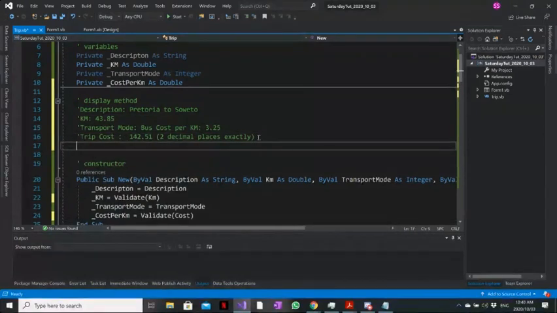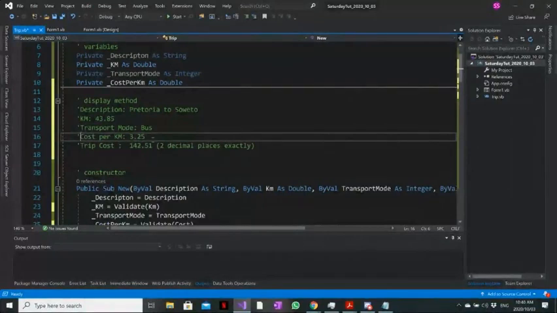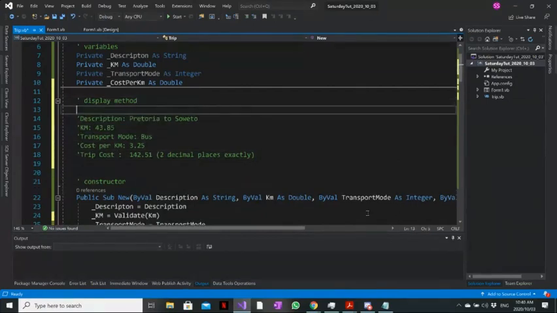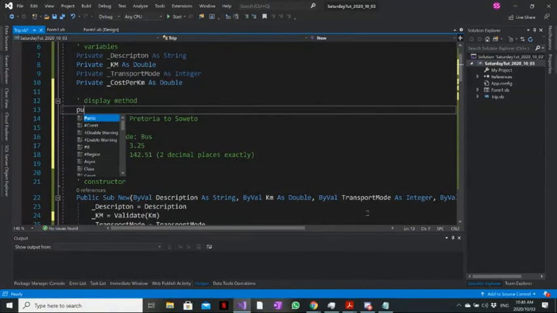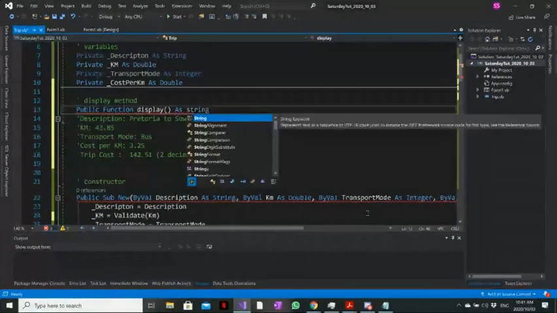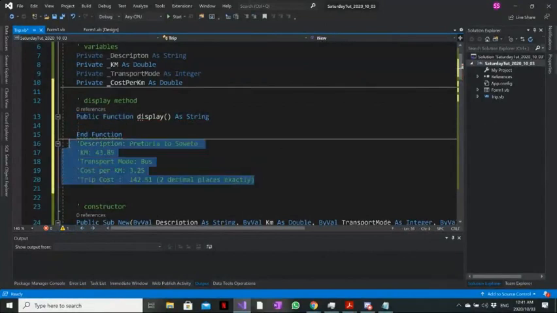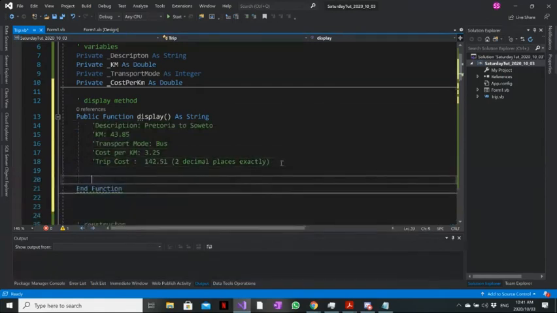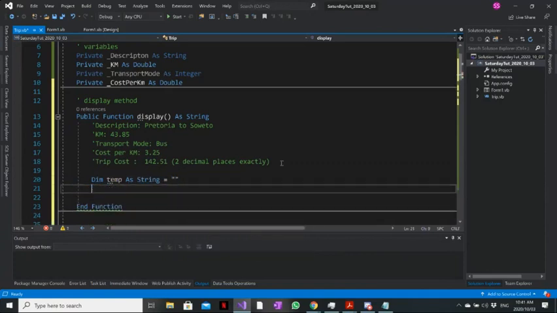All right. So this is kind of what our thing has to display. I think this is also a separate line. Yeah. So it's description, kilometers, transport, and then this, right? So let's put this down here, and we'll say display the string, right? And I'm going to put this comment in there. It's definitely related to exactly how this function should work. So let's do my normal thing of creating a temporary string, right? And I'm just gonna set it to empty for now, right? And I'm gonna say temp